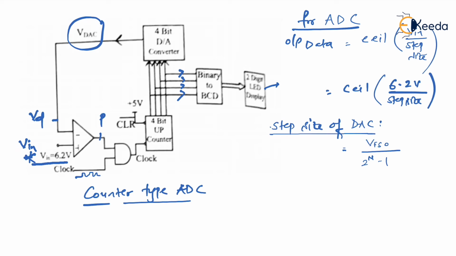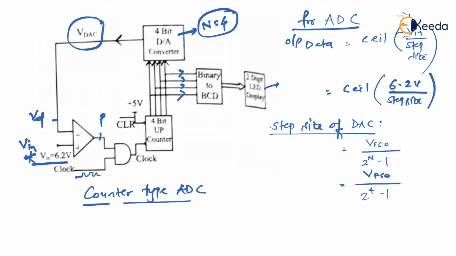As you can see, the DAC is driven by a 4-bit up counter. In fact, it is specified that it is a 4-bit DAC here. Therefore, the value of n is equal to 4 for sure. So divided by 2 raised to 4 minus 1, and what we have in the numerator is the full scale output voltage. Now the question is, did they specify the full scale output voltage in the question? If you read the question carefully, you will find that no full scale output voltage is given. If no full scale output voltage is given, you cannot even assume it, right?